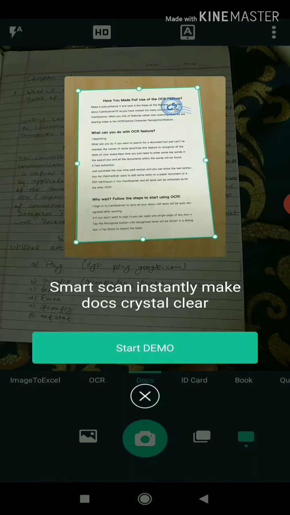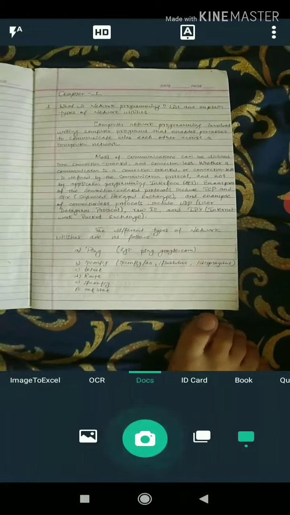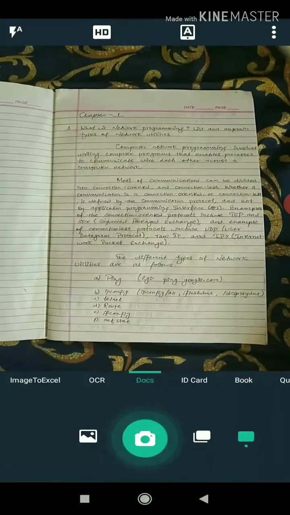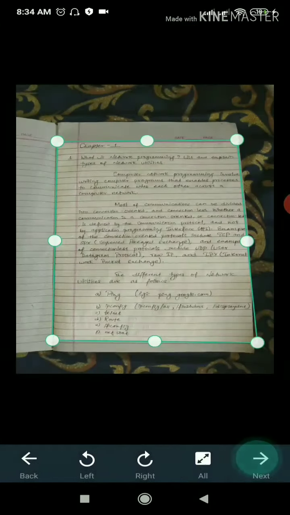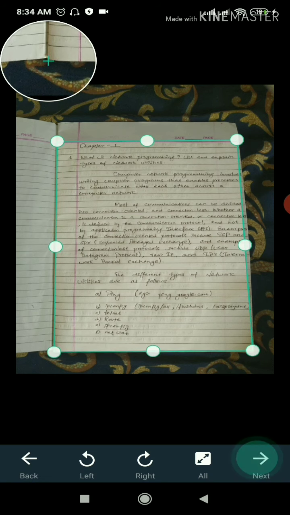So here is the cross sign, so click on this cross sign and let us scan this. Okay, my leg is coming, let me remove my leg, and the bed sheet is also coming there. So I will click here. As you can see, some dot signs are there. If you haven't clicked properly, then you can check your copy, and whether you have clicked it properly or not doesn't matter.